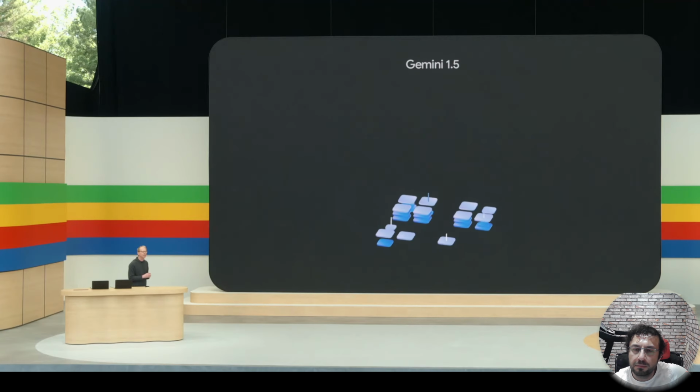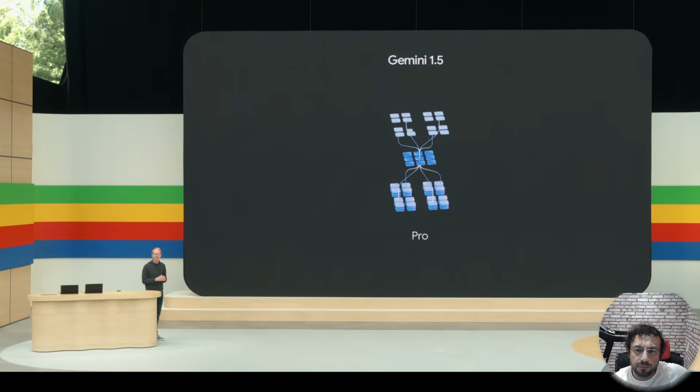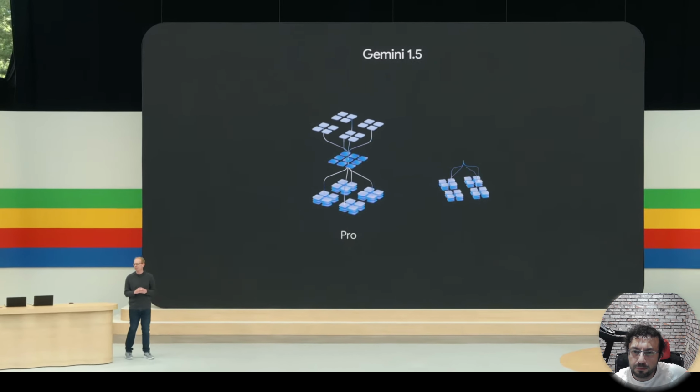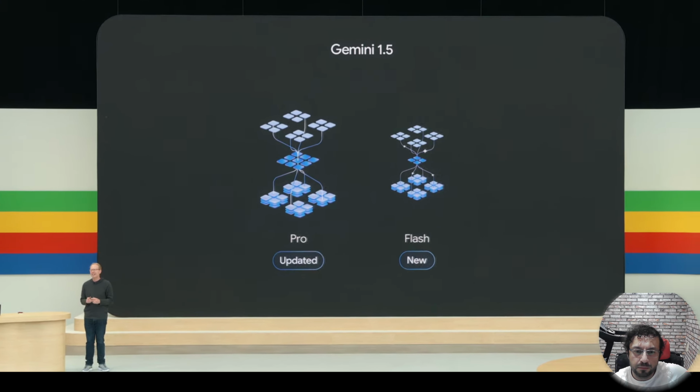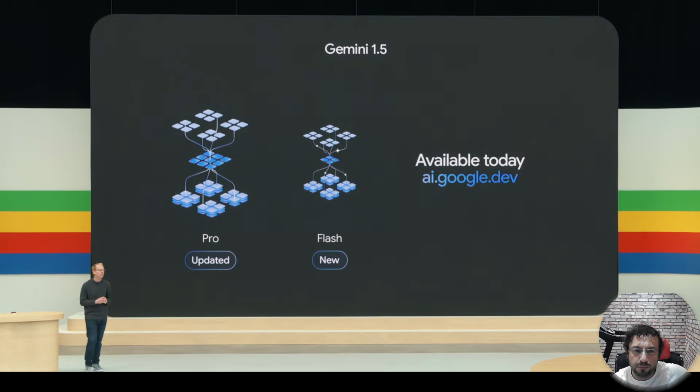Now, over time, if you find that you need more enterprise-grade features, you can use these same Gemini 1.5 models and the same configurations right in Vertex AI. That way, you can scale up with Google Cloud as your enterprise needs grow. So that's our newly updated Gemini 1.5 Pro and the new 1.5 Flash, both of which are available today globally. And you'll hear a lot more about them in the developer keynote later today.